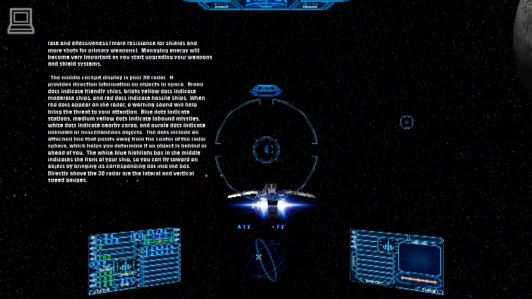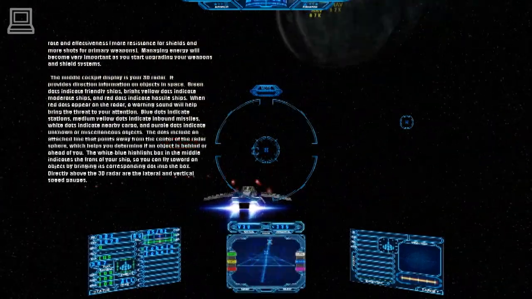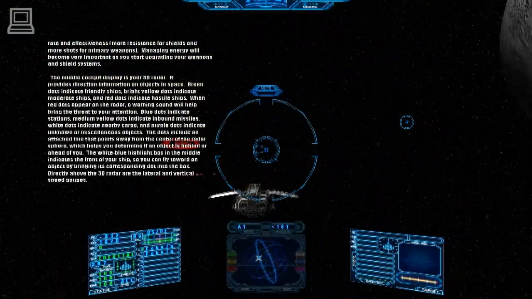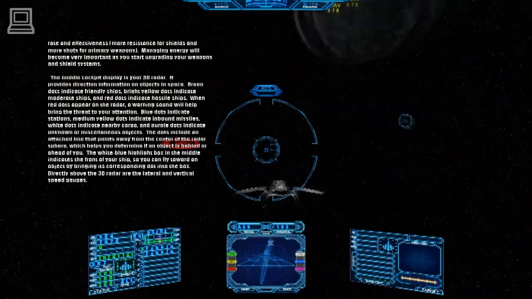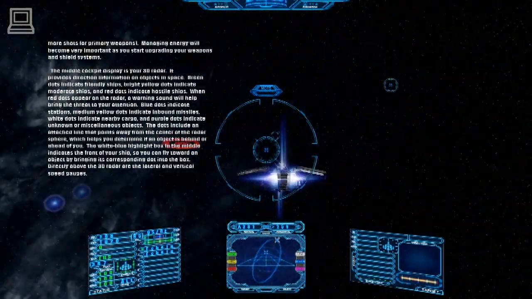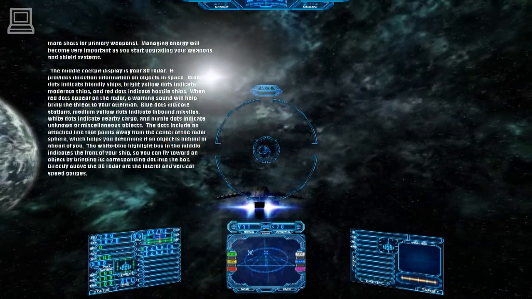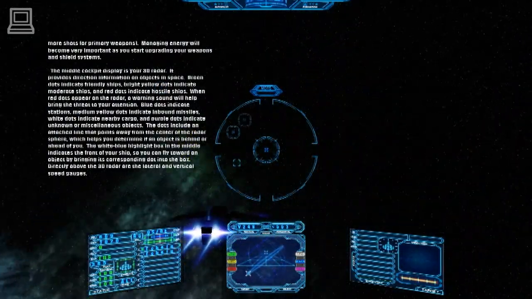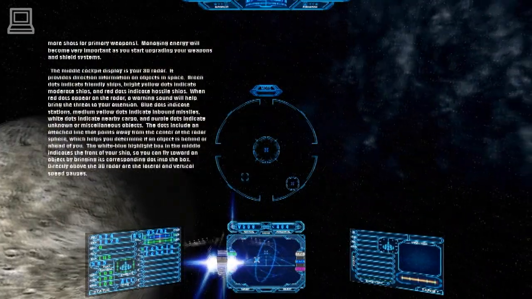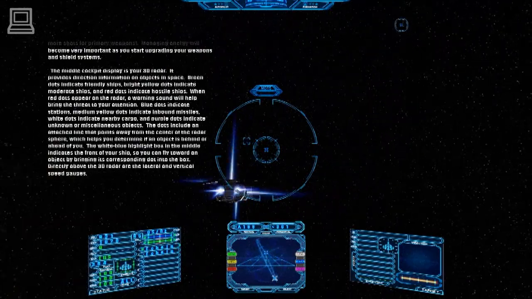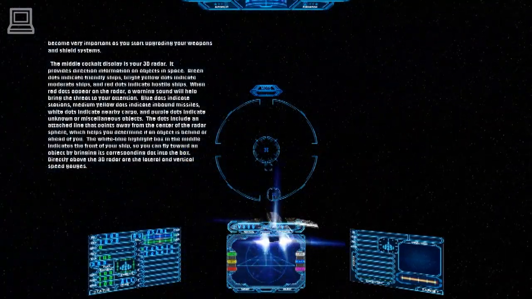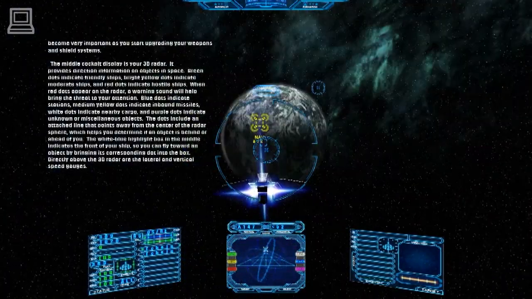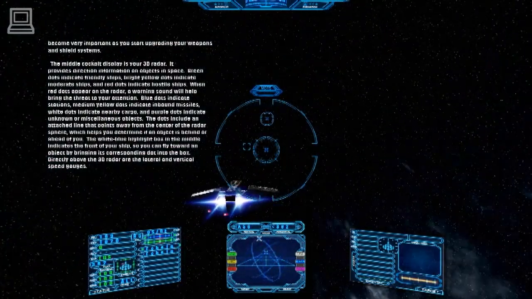The middle cockpit display is your 3D radar. It provides direction information on objects in space. Green dots indicate friendly ships, bright yellow dots indicate moderate ships, and red dots indicate hostile ships. When red dots appear on the radar, a warning sound will help bring the threat to your attention. Blue dots indicate stations, medium yellow dots indicate inbound missiles, white dots indicate nearby cargo, purple dots indicate unknown or